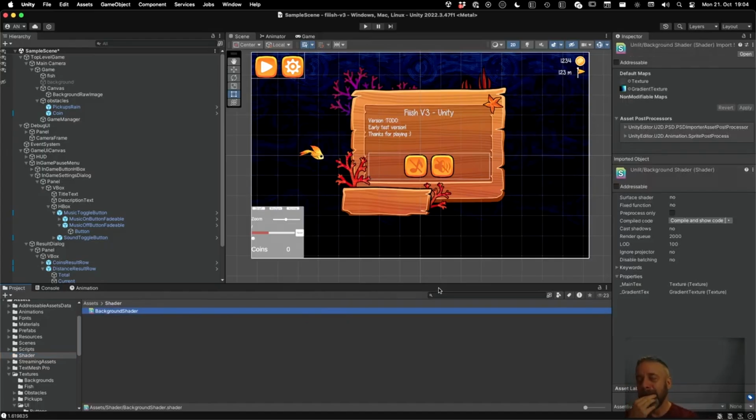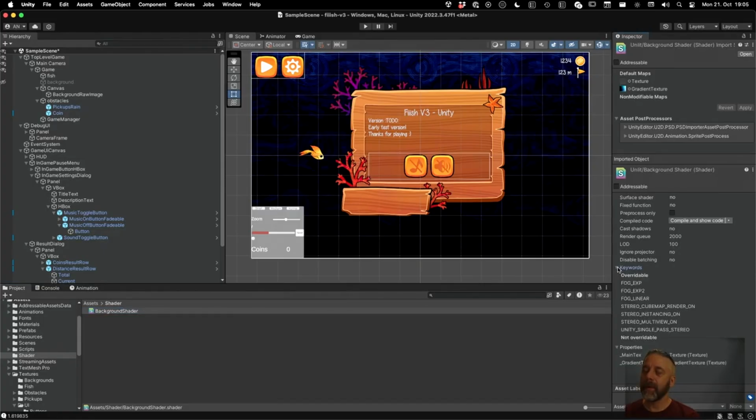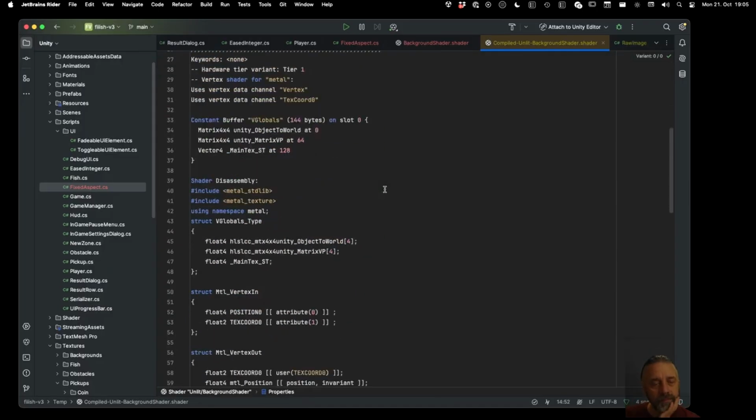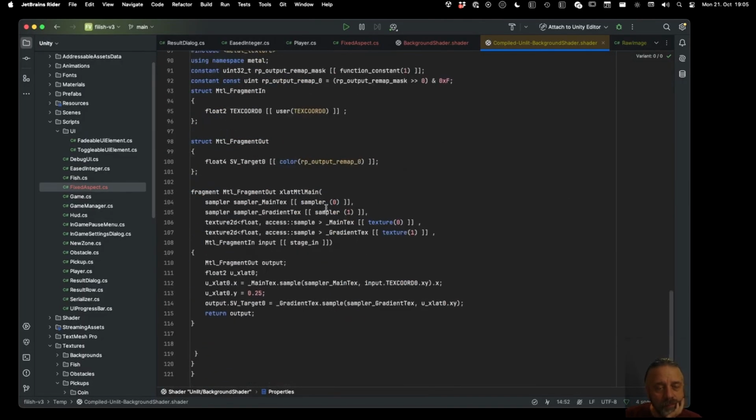So fragment shader, metal fragment. So we do the sampling and then we do the other sampling. I mean, the optimization is nice, but